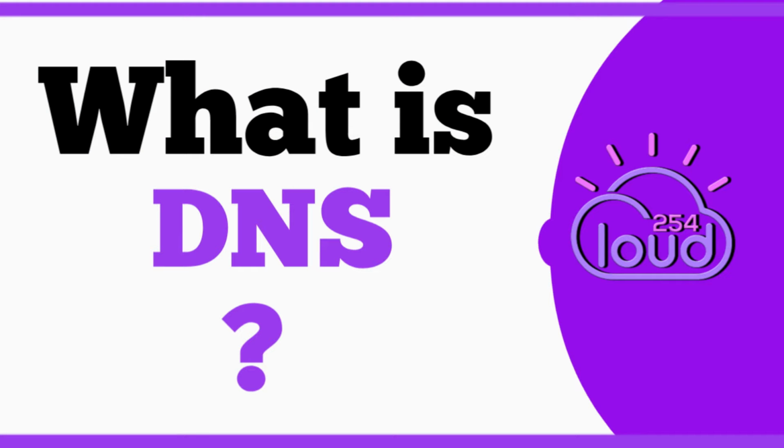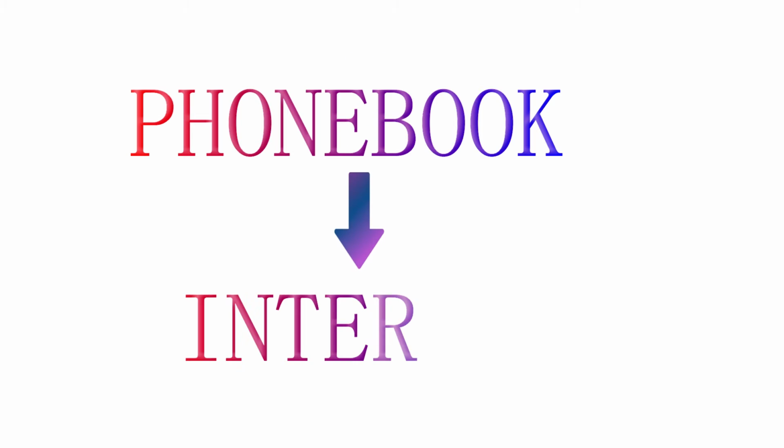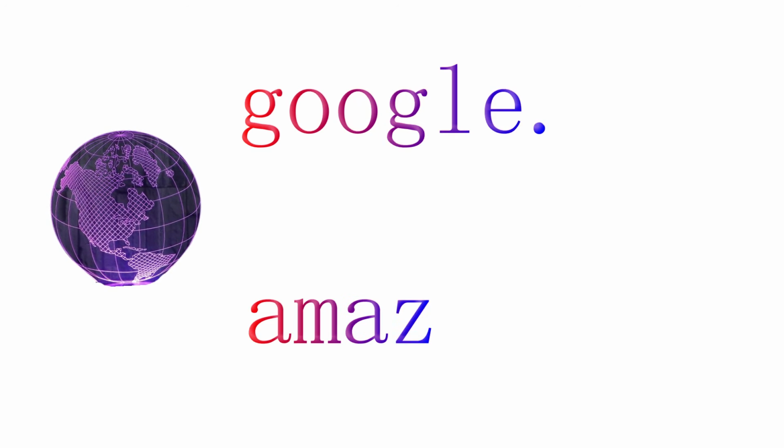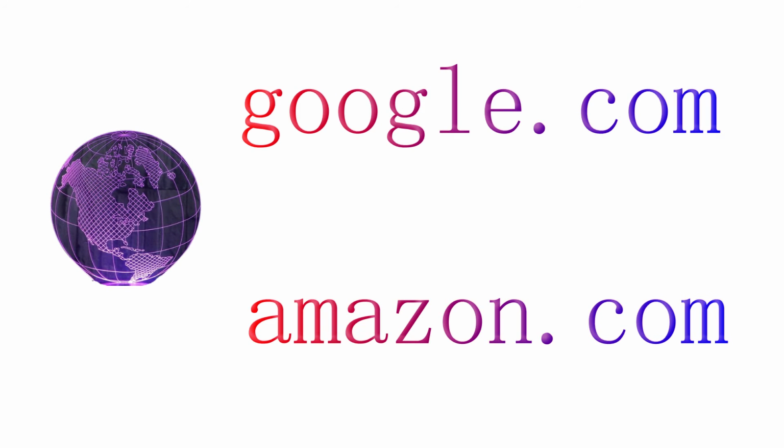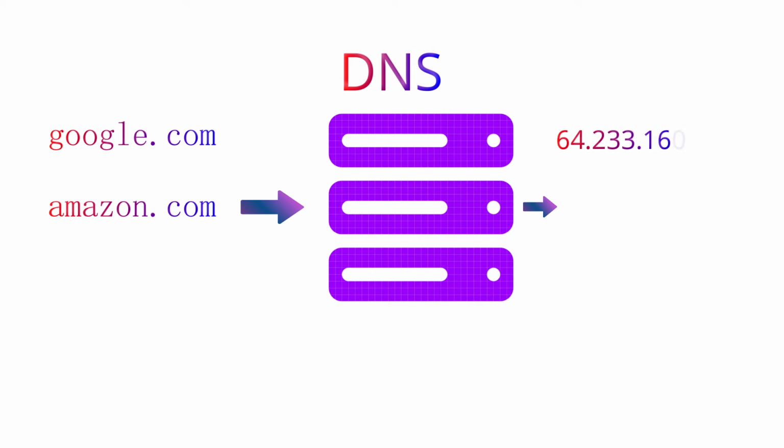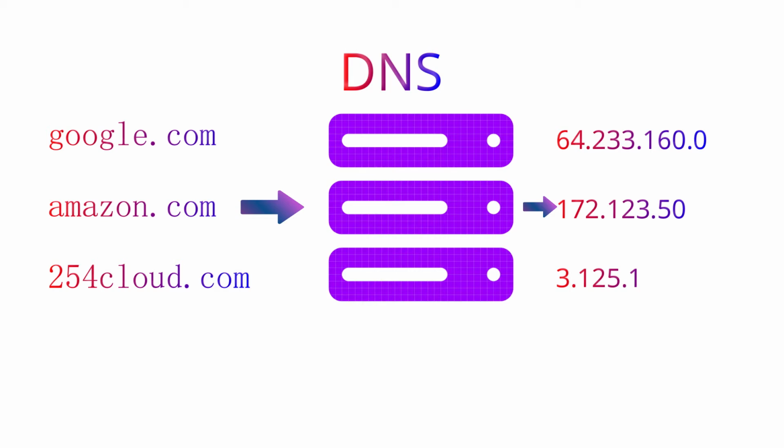In this video I'm gonna be talking about DNS, or domain name system. DNS is basically the phone book of the internet. We access information online through domain names like google.com, amazon.com, etc. Web browsers interact through IP addresses. DNS translates domain names into IP addresses so that web browsers can understand and be able to load the internet